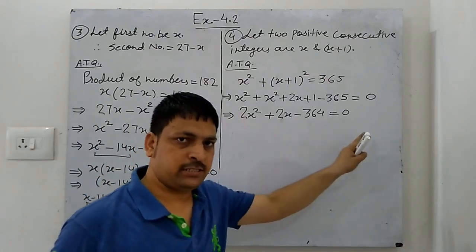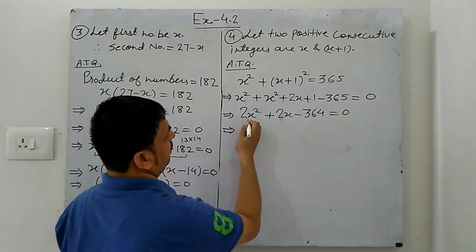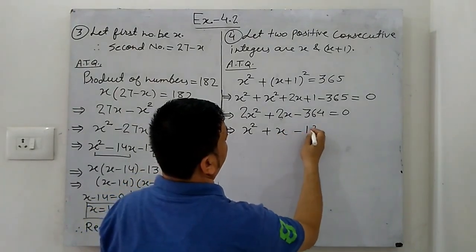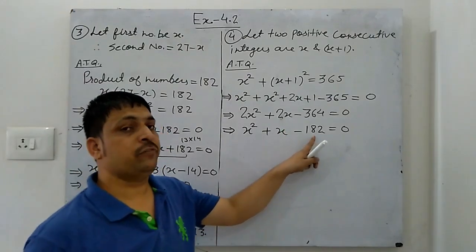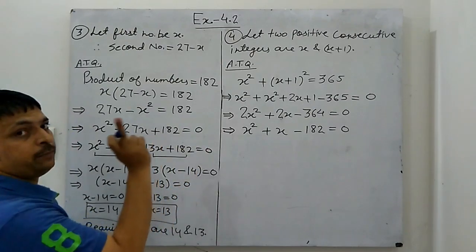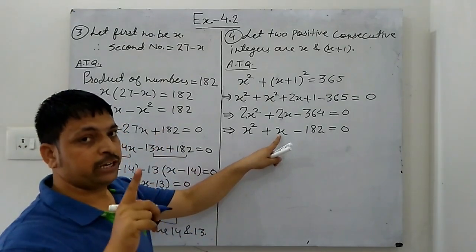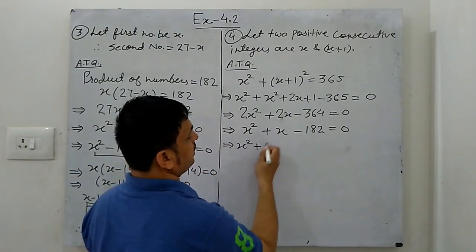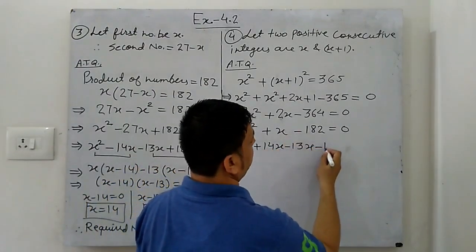So dividing by 2 both sides, x square plus x minus 182 equal to 0. Students, again we have to split the middle term. The product should be 182. See here, we have already done this one. 182 can be written as 13 into 14, and by 13 and 14 we can get 1 also, because 14 minus 13 will be 1. So x square plus x can be written as x square plus 14x minus 13x, and the last number is minus 182